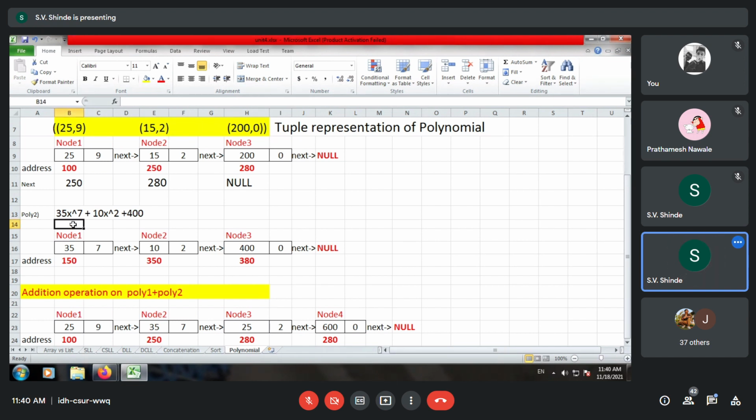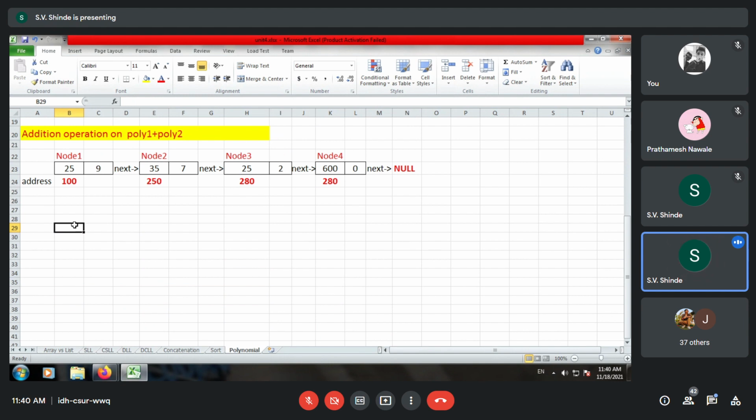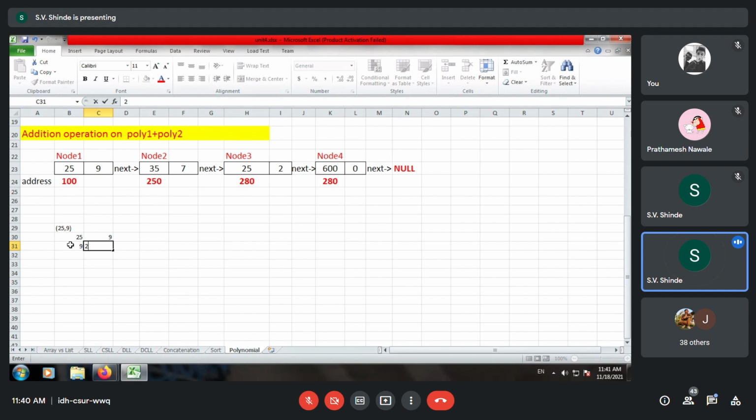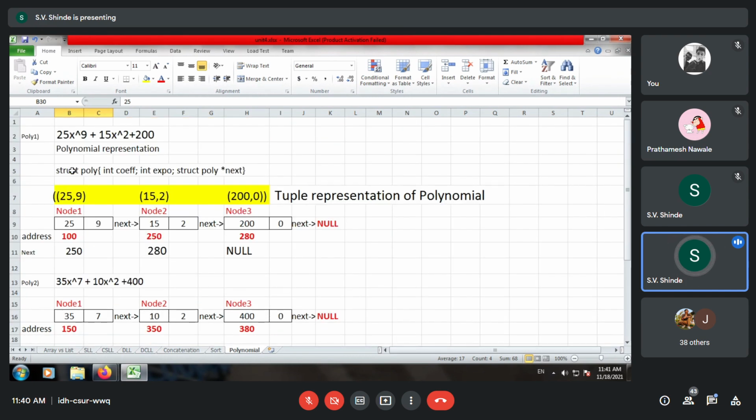Now in some of the books or some of the literature, the reverse has been used. If it is something like this, I just use the tuples. So 25 comma 9 may be the tuple. It may be that 25 is the coefficient and 9 is the exponent in our example. But in some books it is shown in reverse: 9 as the coefficient, 25 as the exponent. So to remove this ambiguity, it is wise to specify the structure of the polynomial you are designing.